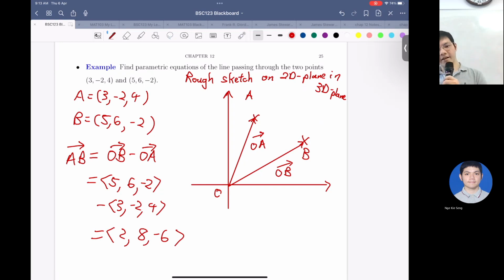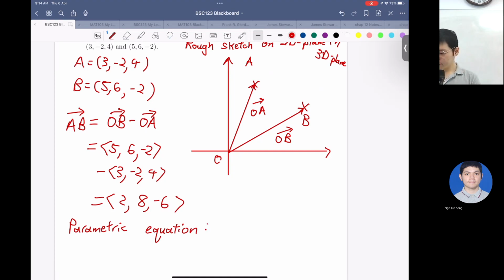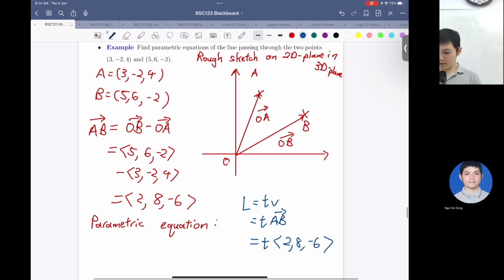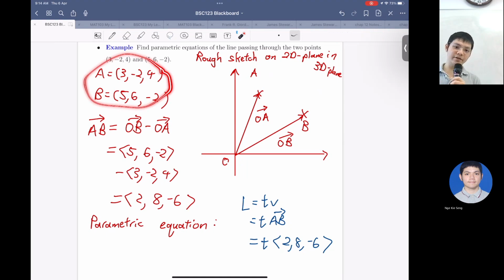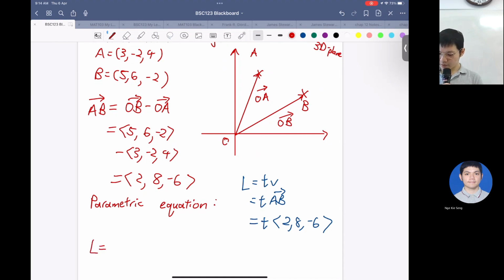Now we have a vector and a point. How should we make out the equation? Any idea? The line is tV, so it's t times AB in our case, which is t times the column vector. But this line here contains the origin, so we need to make it contain either A or B. Let's make it contain A. So the parametric equation we want to consider is L equals A plus tV, which is equal to